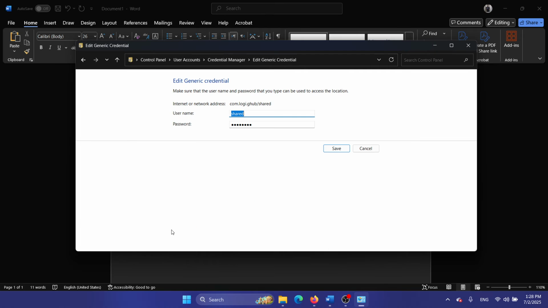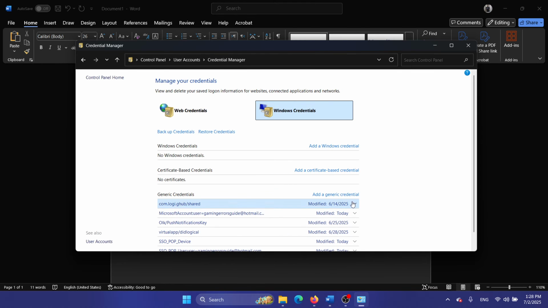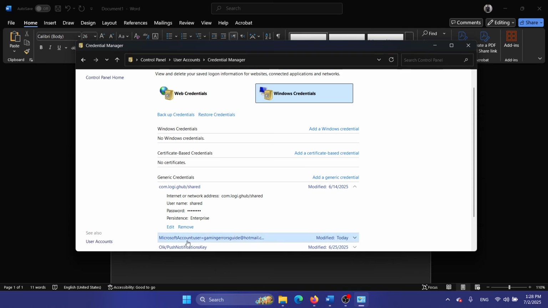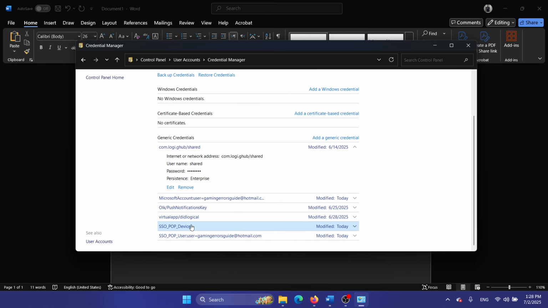You can edit it. I won't show the password, or you can also click on the remove option here to remove it. Okay, so this is how you can remove any credential or edit any credential in the credential manager,